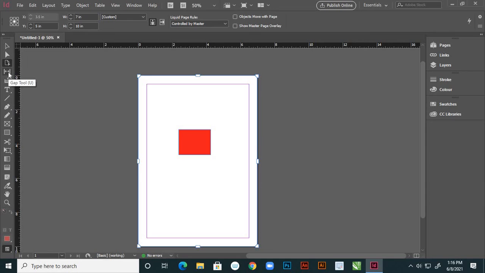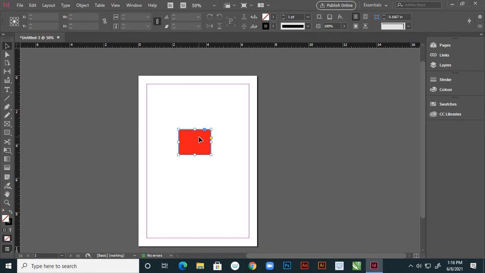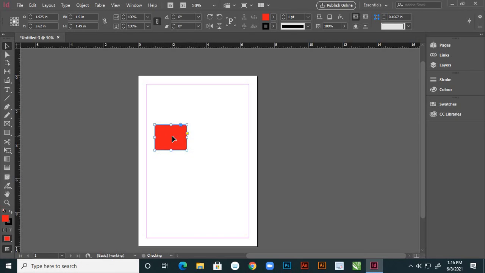So next here it is the gap tool. So what is that gap tool? With the gap tool, you can add the gaps between objects. Suppose here this is my one object and I'm duplicating it by using Alt on the keyboard and left mouse, right? So these are two objects.